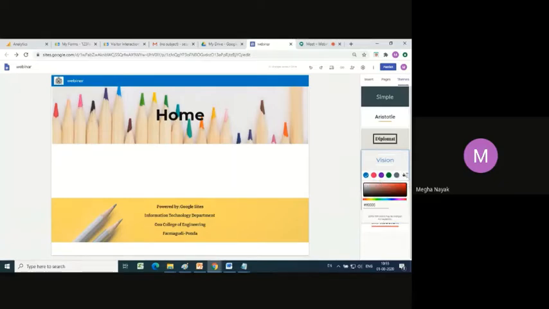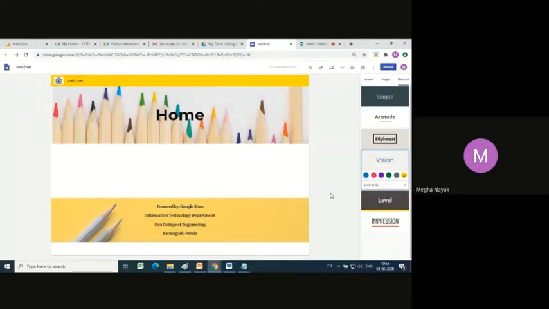So I'll click on this extra thing that you see over here to choose the color and click on a very close color to orange. Do you see it getting changed? Can you all see it? Yes, ma'am. Okay. So now we would go ahead and change the font style.